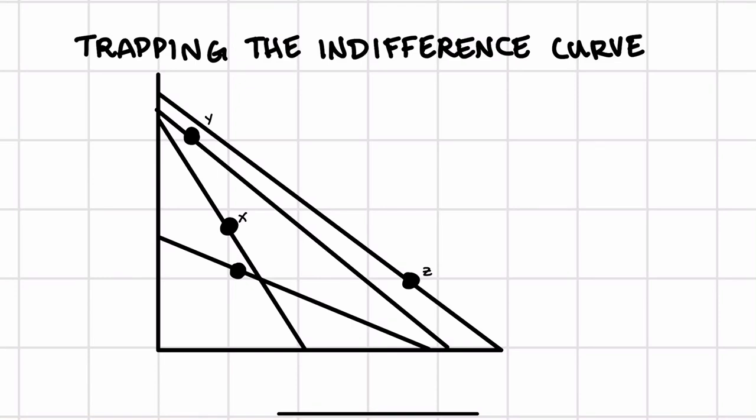In this video, I'm going to talk about how to use a couple different price regimes to infer where the indifference curve might be for a consumer. So take, for example, we have 4 different budget lines. So say we observe 4 different price regimes, and the dot on the line tells you which bundle was chosen by the consumer who is facing those price regimes